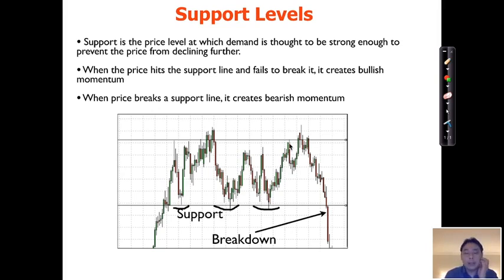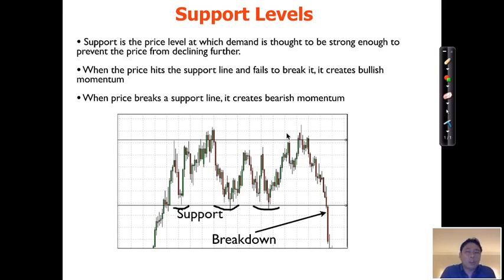There are traders that buy the moment a support level is hit. They see support being hit, they'll buy somewhere here, but they'll take a quick profit somewhere at the resistance level. We call that trading the range: buying at the support and quickly selling at the resistance. There are traders that do that, and I don't primarily do that for Forex.